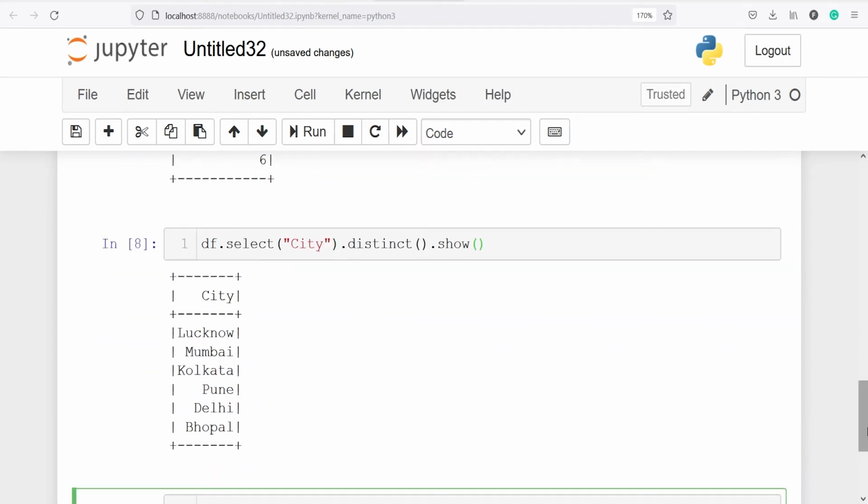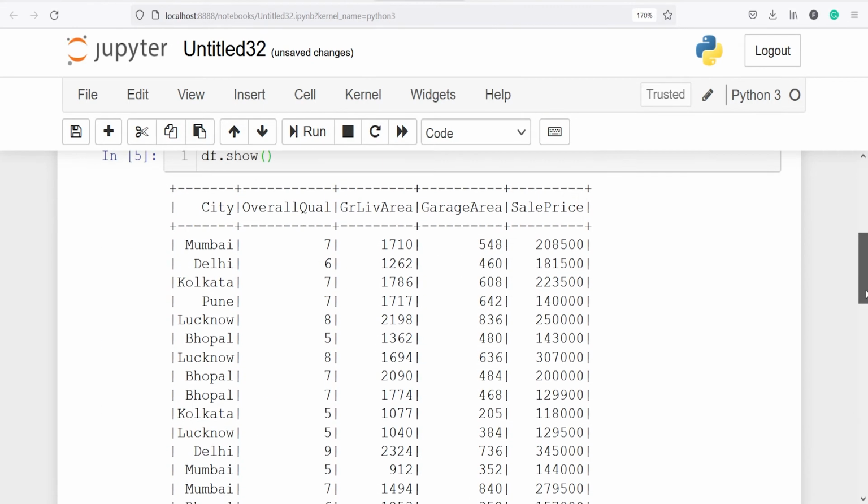Next method is length, and this will give us the length of a string. For example, we have different types of cities in this variable city name. Here we want to find the length of, let's say, Mumbai, Delhi. Mumbai has a length of 1, 2, 3, 4, 5, and 6. Delhi has 1, 2, 3, 4, and 5. We will get 6, 5, and so on.